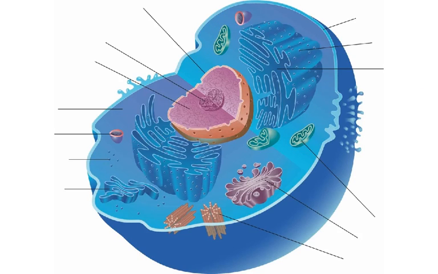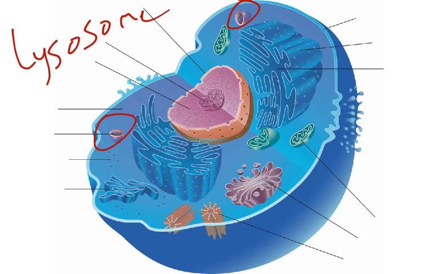The last two we're going to look at on this cell: first, the lysosome. The lysosome is like the intestines of the cell. They digest worn out organelles, food particles that come into the cell, molecules, proteins. What they do is they have enzymes and acids within their vesicle, and they go and they engulf a